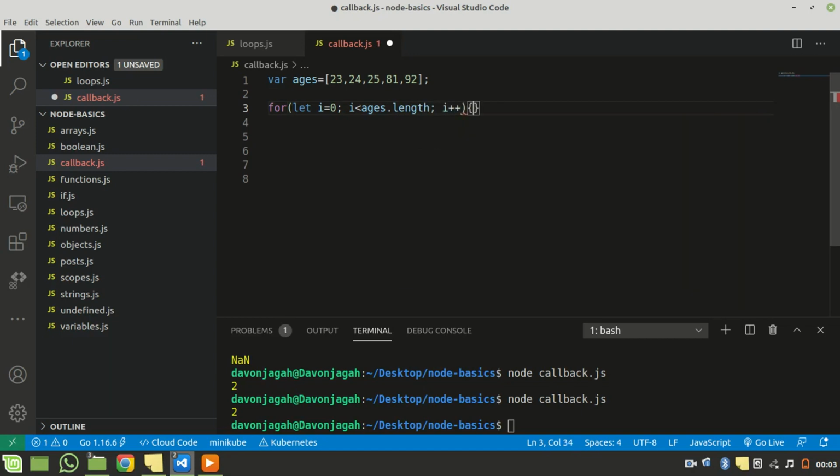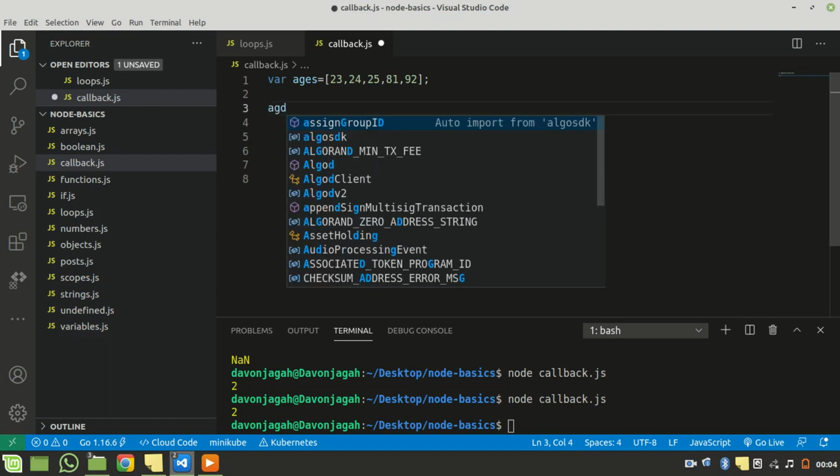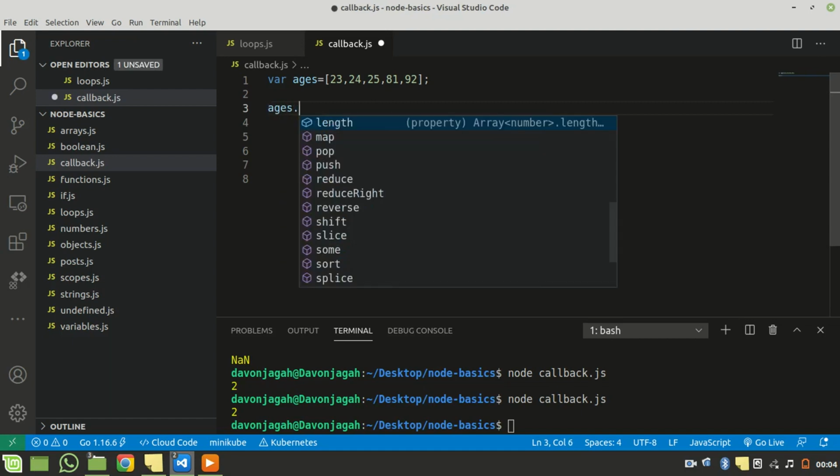Then we can begin to run our statement inside here. But another method we can use is the for each loop. The for each is a function property of an array. So if you go ahead and just put ages dot for each,